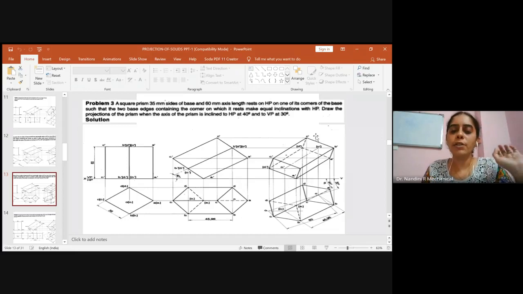Here also, after you name the bottom and the top surface, one thing you have to keep in mind, the outer boundary will be always visible. So you please join the outer boundary. So outer boundary here is A1 dash to A dash to B dash to C dash to C1 dash to D1 dash, and D1 dash to A1 dash.